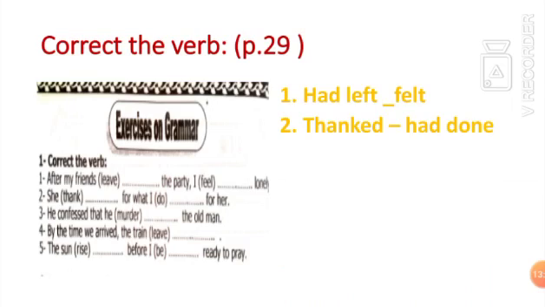Number 3: He confessed that he had murdered the old man. This is the first action, so we use the past perfect. Number 4: By the time we arrived, the train had left. By the time is a keyword which is followed by past simple, and in the second part of the sentence we should use the